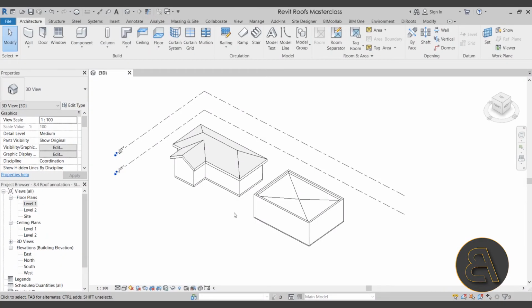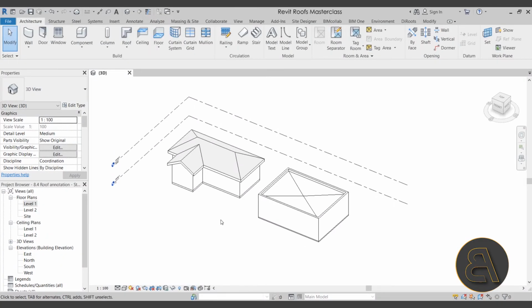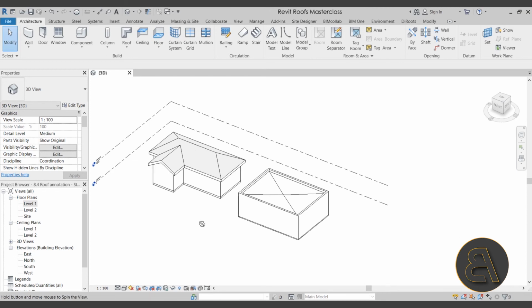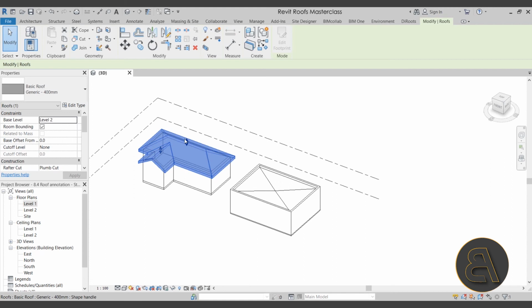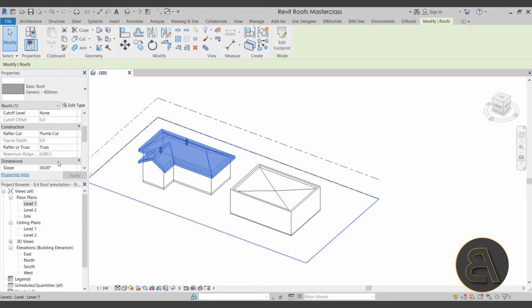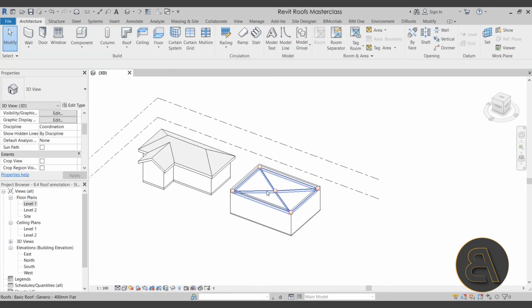In this video, we're going to be talking about annotation in regards to Revit roofs. So here we have a couple of roofs. We have one classic sloped roof. It's a 30-degree slope. And then here on the other side, we have a flat roof, but as you can see,